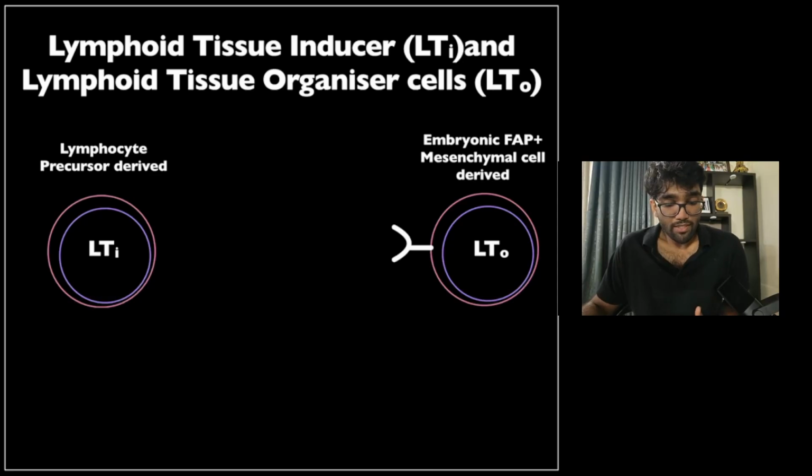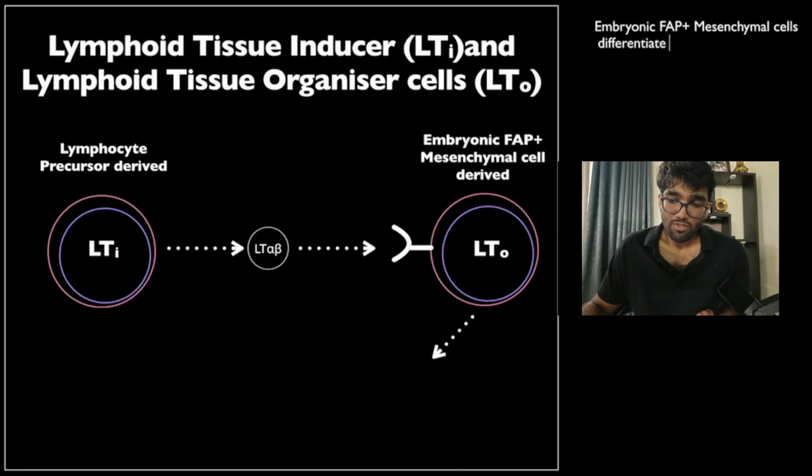So it is through an interaction between two types of cells. We have a lymphocyte precursor derived cell called a lymphoid tissue inducer or an LTi cell, and we have an embryonic FAP positive mesenchymal cell derived cell which is called a lymphoid tissue organizer cell or an LTo cell. So an LTi cell produces a particular cytokine called lymphotoxin alpha and beta. This is a dimer, but I've shown it as a single protein here, that acts on its specific receptor on the lymphoid tissue organizer cell, and this causes the embryonic FAP positive mesenchymal cells to differentiate into your lymphoid tissue organizer cells,